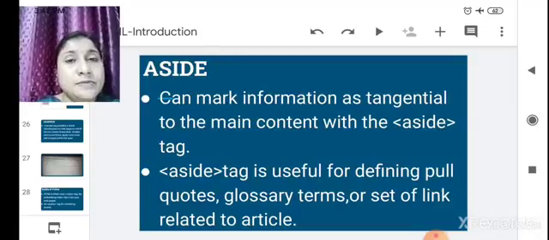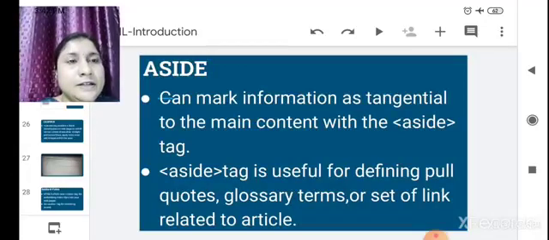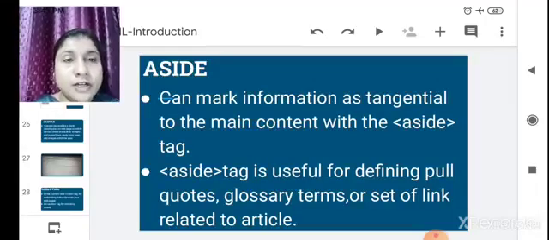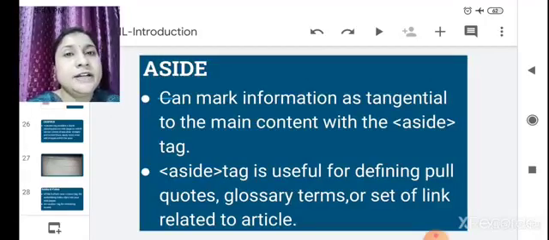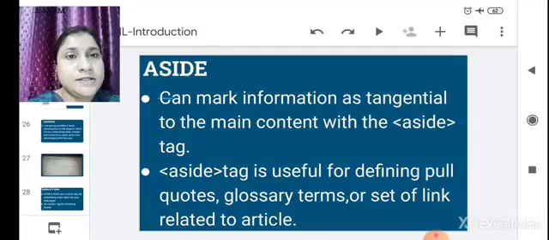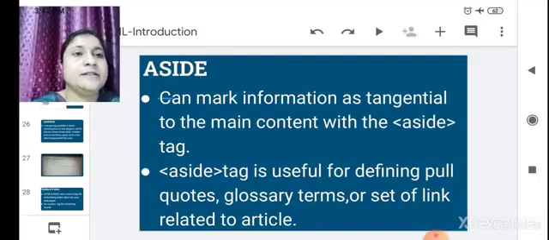Glossary terms mean it will give indirect information about the main contents in alphabetical order. So this aside tag is used to easily recognize the main text and the subordinate text, to differentiate between them.